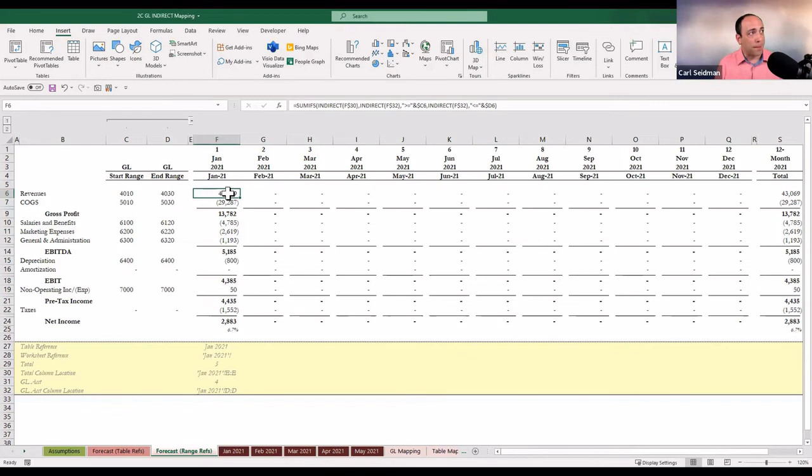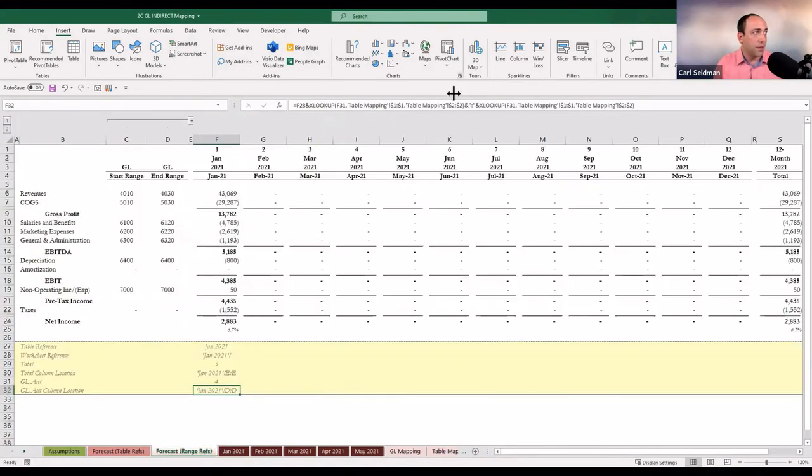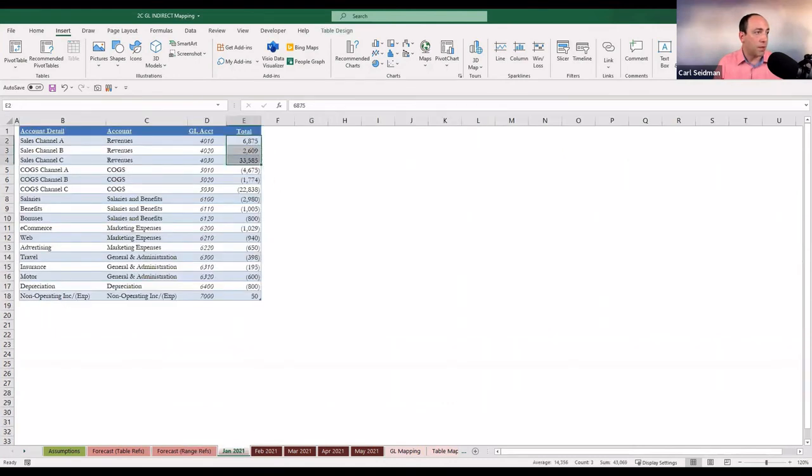Now again, let's take a look at this formula. SUMIFS, INDIRECT F30. F30 is taking a look at January 2021, column E. That's exactly where I want my values to be pulling from. The second element would be INDIRECT F32. Taking a look right here, this is where I want my criteria range to be evaluated in column D. Of course, again, you can see column E is my total, column D is my GL account. And then finally, the last part of this formula is saying greater than or equal to the floor of C6, bottom of my GL range, and then also less than or equal to the ceiling of my GL range. In this case, it's D6. Okay, so it's essentially, again, saying, take a look at January, minimum of 4010, maximum of 4030, and take all of the values in between. My total is 43069,